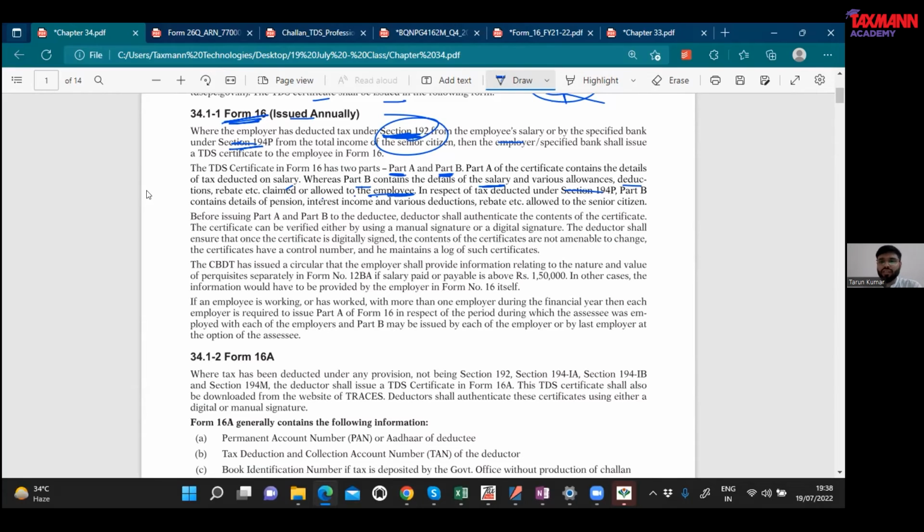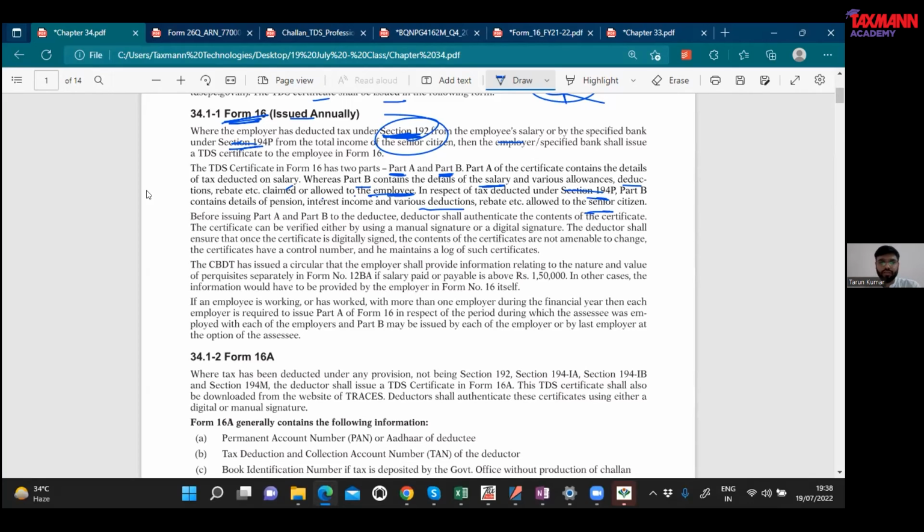So in respect of tax deducted under section 194P, on pension to the senior citizen, these details are mentioned. So basically, form 24Q was to file the TDS return for sections 192 and 194P, and Form 16 is for that